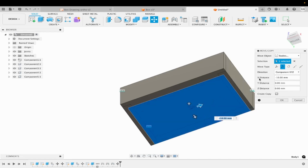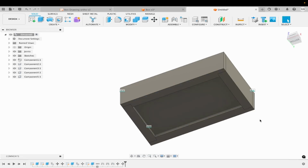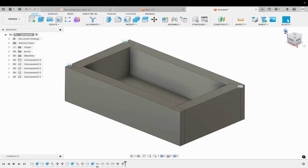So I'm going to move it this way, and it was X, and I need to make this minus 9.5. Okay, my next arrow is this one, and I'm going to move that one, which was Y, minus 9.5 as well. Okay, and then this one should be Z, and I'm going to move him up. I may as well make that 9.5 as well. Okay, click OK. That's put it, just as we've built it, up a little off the ground, and it goes into these 4 pieces. So we just have to show that. So I'm going to hit the house,